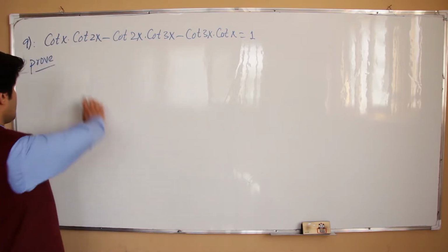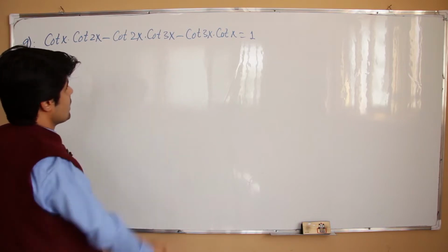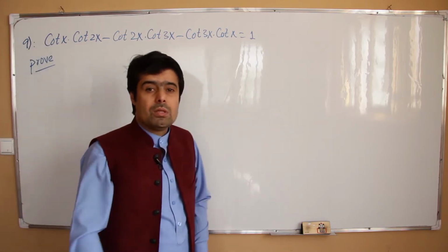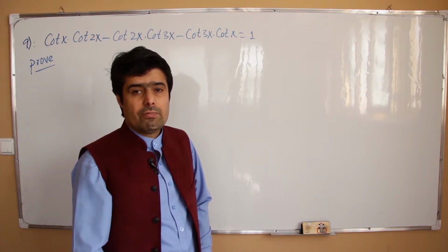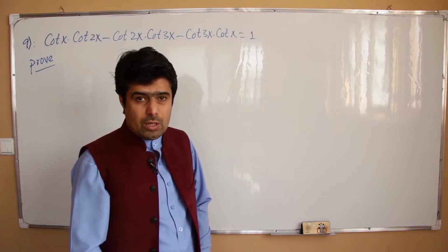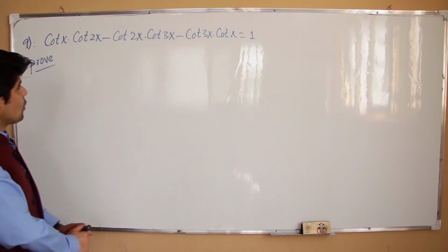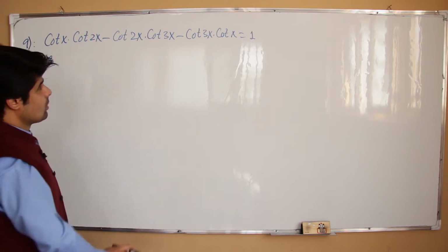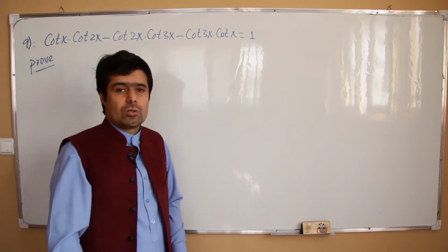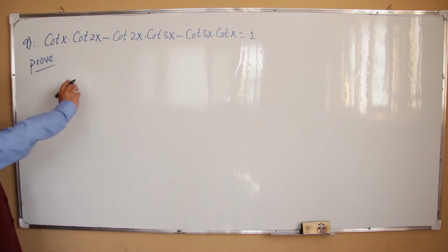In this question we have x, 2x and 3x, and the sum of x and 2x is 3x. Maybe the formula is x plus 2x, which is 3x. But which trigonometry ratio? So cotangent. But we haven't studied cotangent of sum and difference. It's very easy. We have studied that